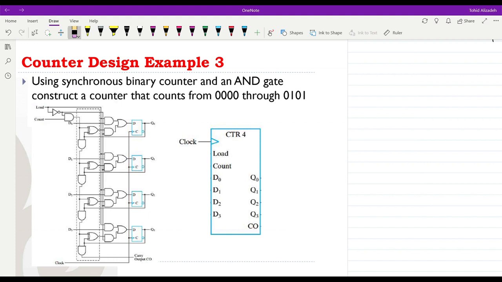In this example, we want to design a counter using a synchronous binary counter, which is shown, and one AND gate. And we want to have the sequence of the numbers starting from 0, 0, 0, 0 through 0, 1, 0, 1. So if I write down the numbers that we are going to have, they will be in this form: